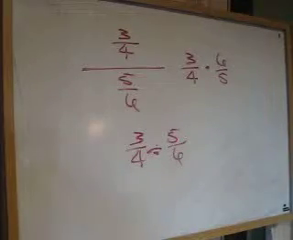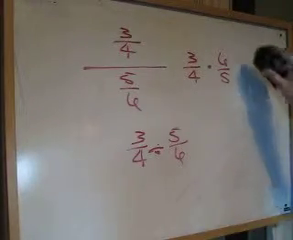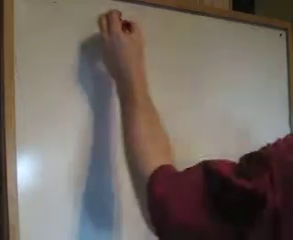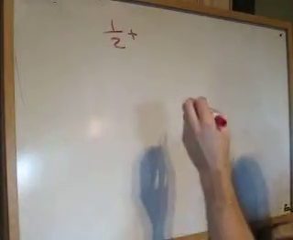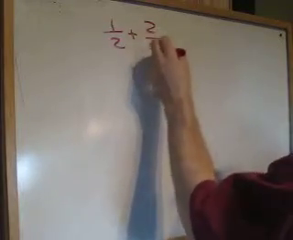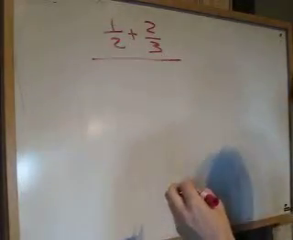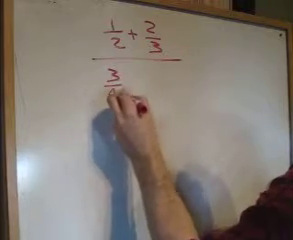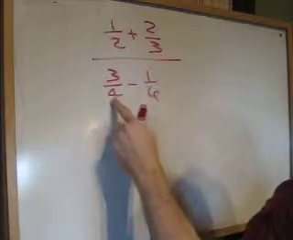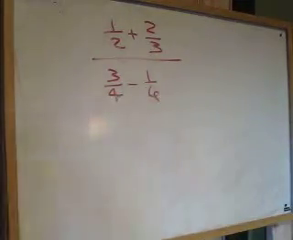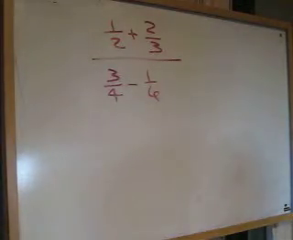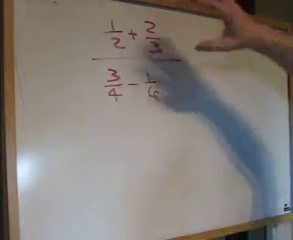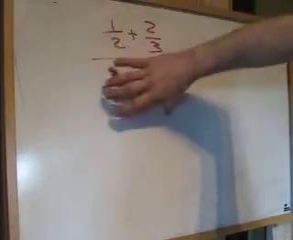Alright, 3.9b. I'm going to continue on. I'm on page 236 and I'm jumping over to 237. I'm going to do 1/2 plus 2/3, and again long line, 3/4 minus 1/6. Alright, a little bit more complicated there because I can't do anything with this group and this group until